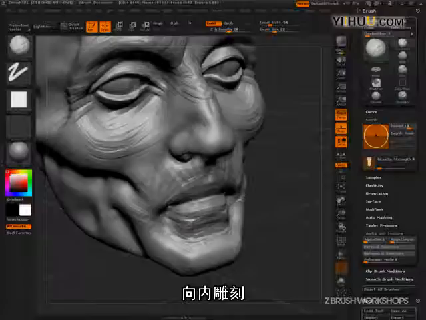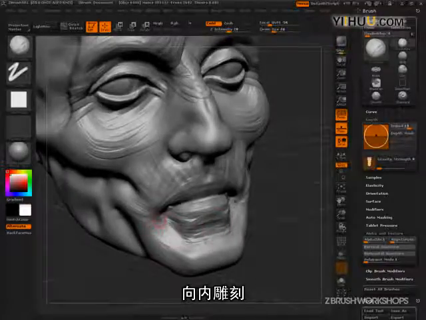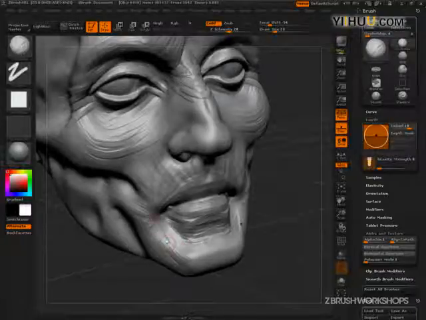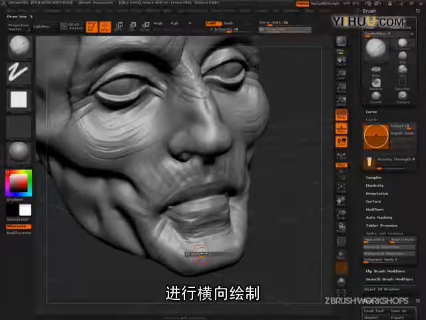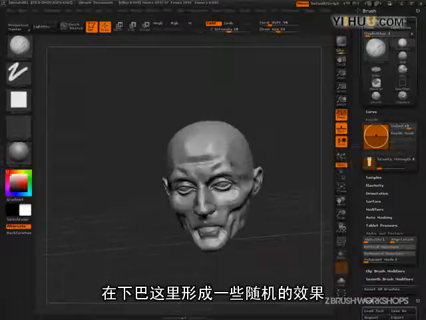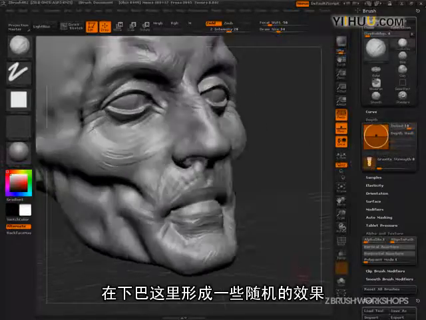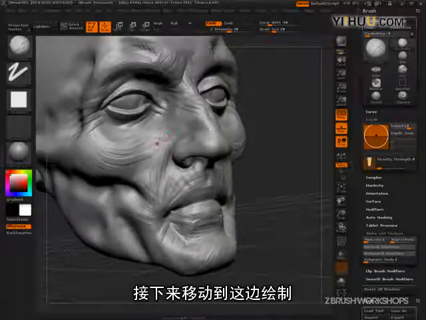Cutting in. Triangularis. Cross it as well. Get just a little random stuff for the chin, doesn't really matter. And now for the